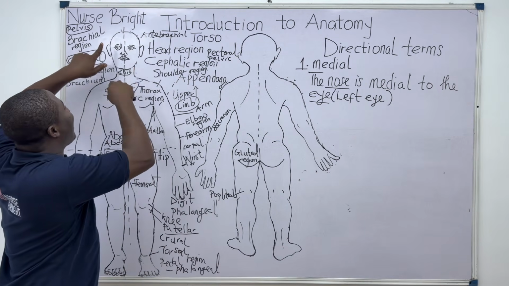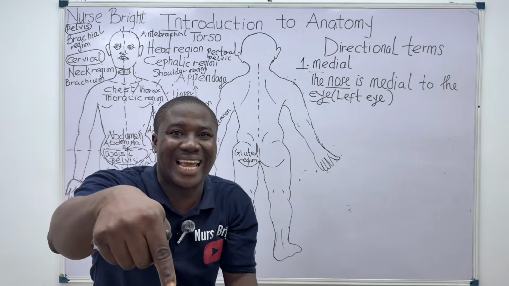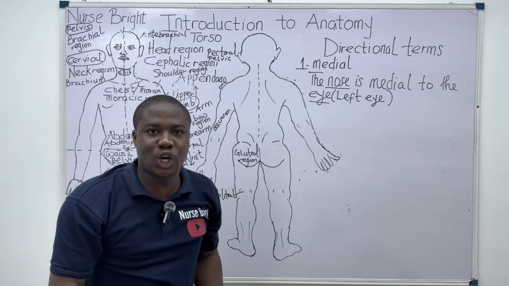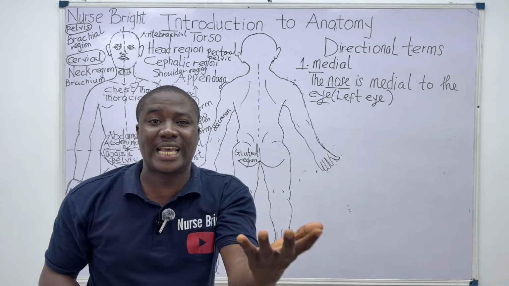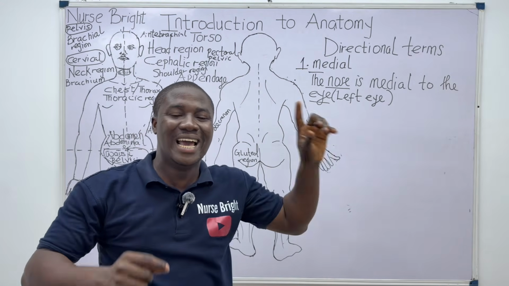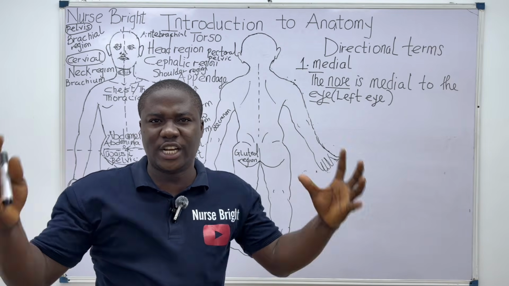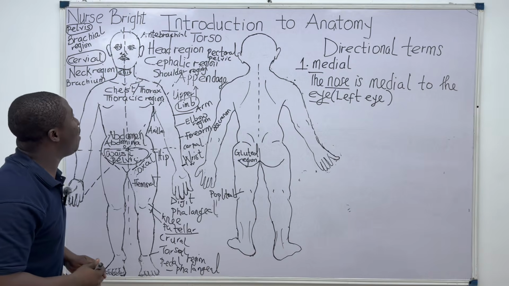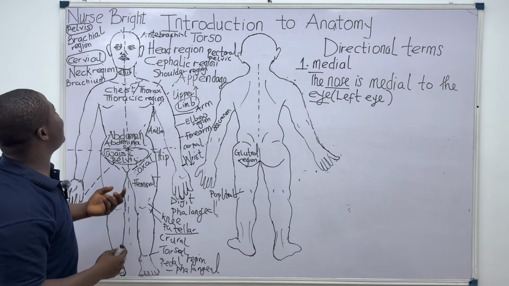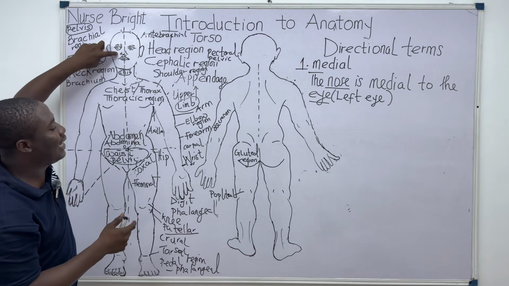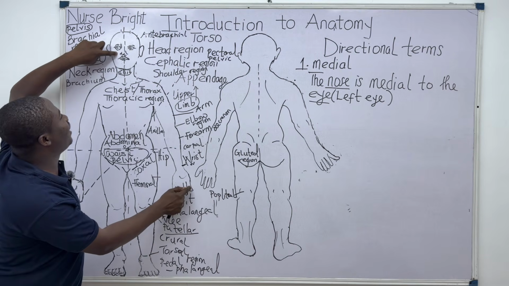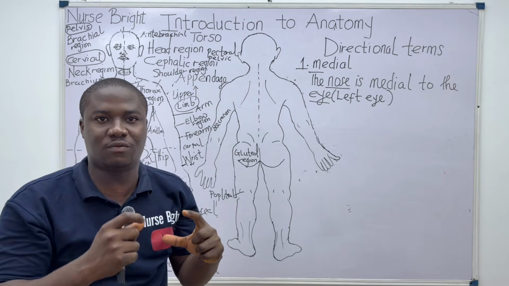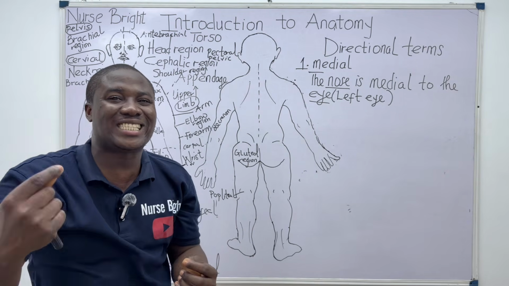You can see that I am using this directional term medial for structures that are in the cephalic region of this individual. I believe you know what cephalic means now. It means the head region of an individual. So we have talked about the regions of the body, all right? Now, listen and pay attention. For instance, I want to relate the nose of this individual and the thumb of this individual, and I want to use medial as the directional term to relate both of them. How will I say it?